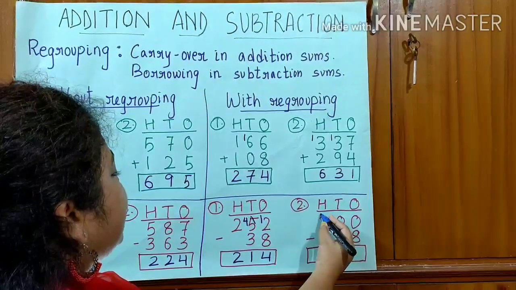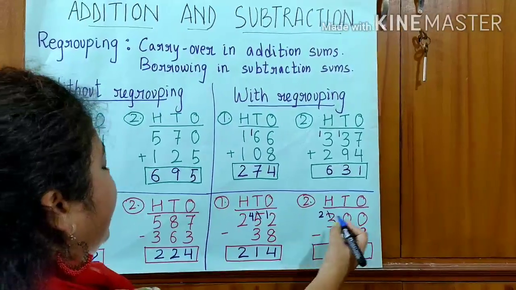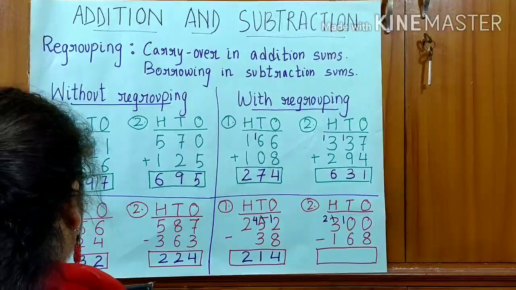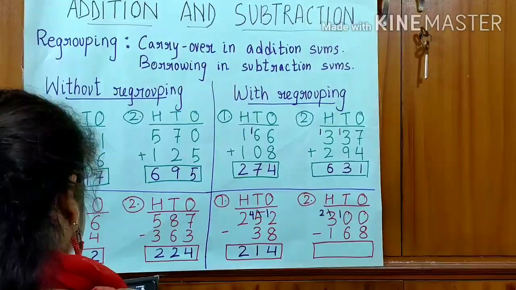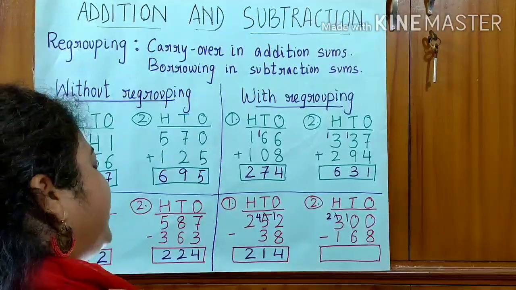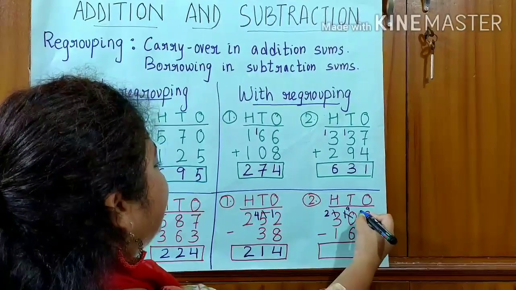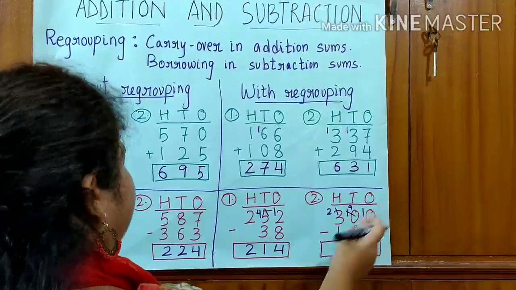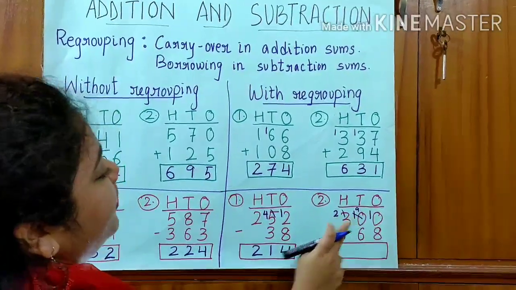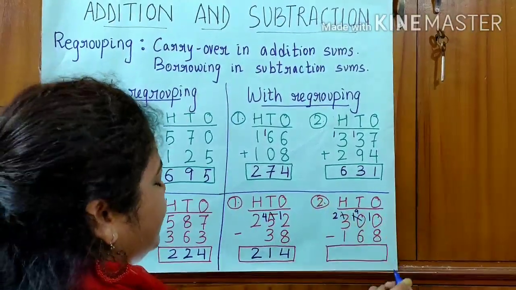So let's do it, right? When we do it, it becomes 2, and we are regrouping and giving it to this number. We are giving 10 tens first. Now again, this one also needs regrouping. So we are going to regroup this again, make it 9 and give it to the ones place. Now can we subtract, children? Yes, now we can subtract this easily as we have done the regrouping. We have done the borrowing part, right?